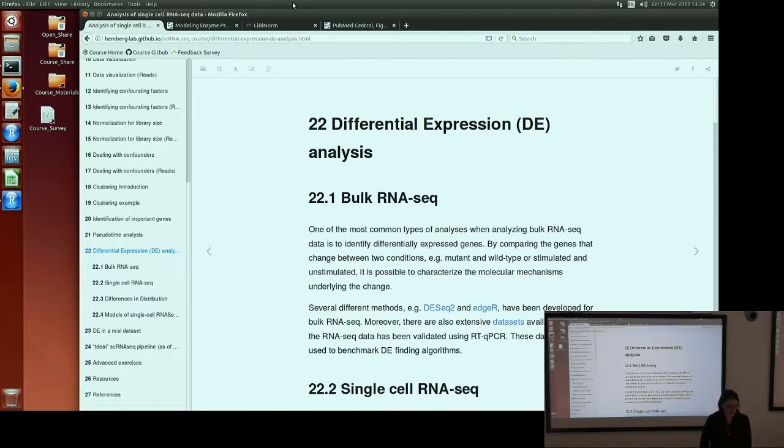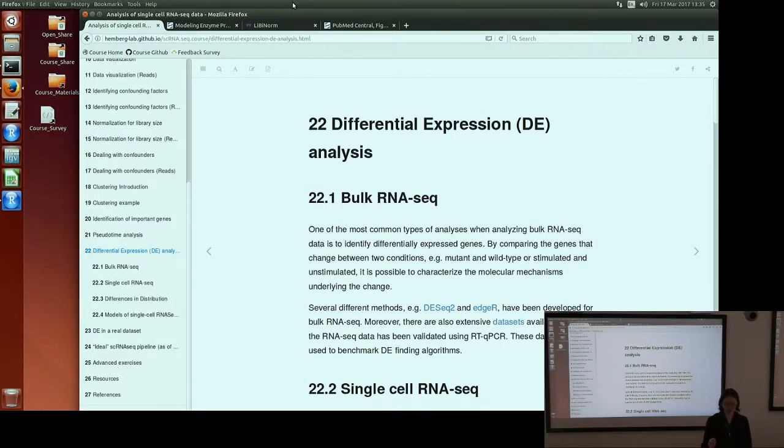We're going to get started on the last topic of the course, which is differential expression analysis. So this is super common for bulk RNA-seq. Pretty much everything you do with bulk RNA-seq is take two populations, do RNA-seq, and then do differential expression between them. There are many methods designed for bulk RNA-seq, such as DESeq, edgeR, and limma-voom, which are